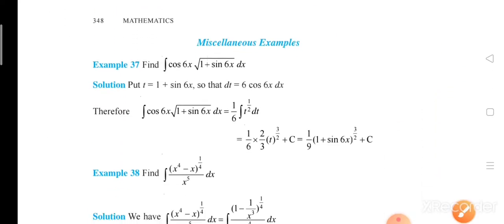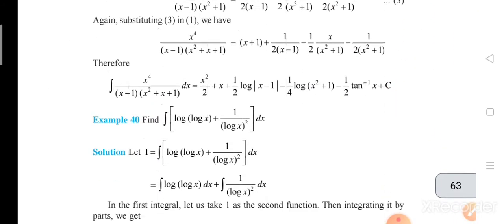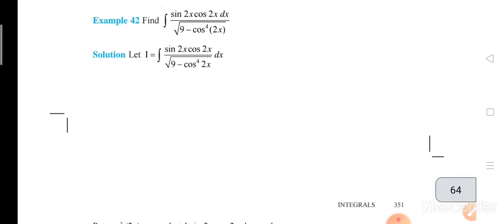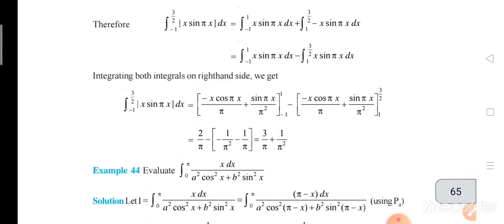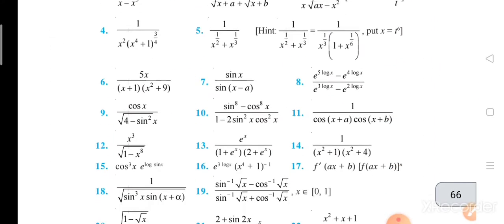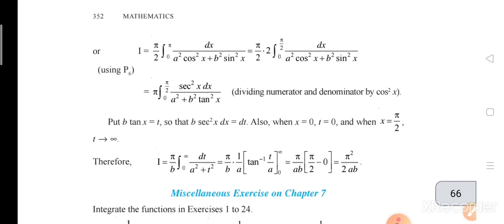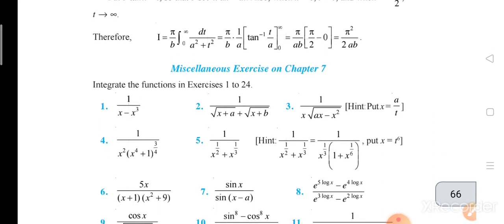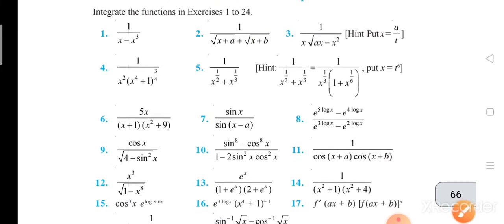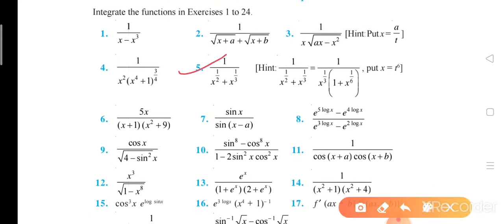Now let's come to miscellaneous. You must do all miscellaneous examples. These are very, very important and have been explained in my videos in previous lectures. So now if we talk about the miscellaneous exercise, important problems are question number 5,